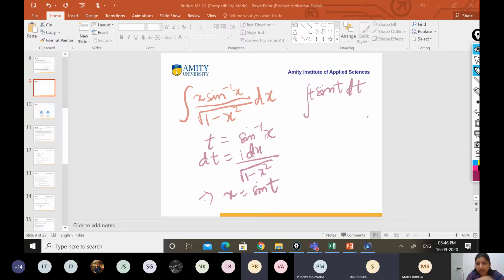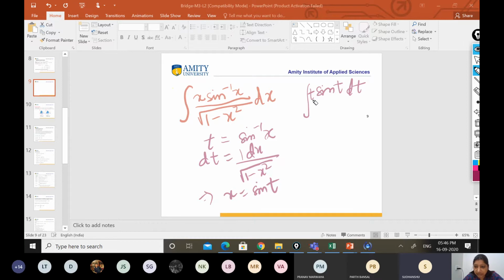When we take t dt, we also have to differentiate x square, multiplied by 2x. But that is of sin inverse x, this is the derivative of sin inverse x. Yes, sorry. We have differentiated both sides, so it is dt, which equals the derivative of sin inverse x, which is 1 upon under root 1 minus x square into dx, right?